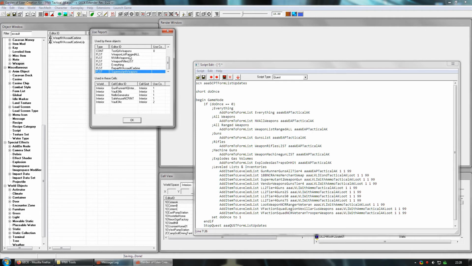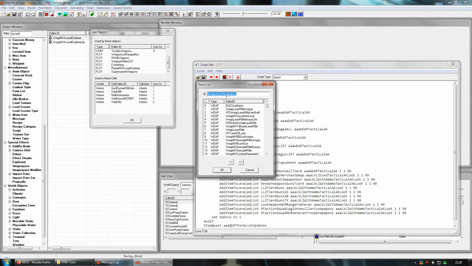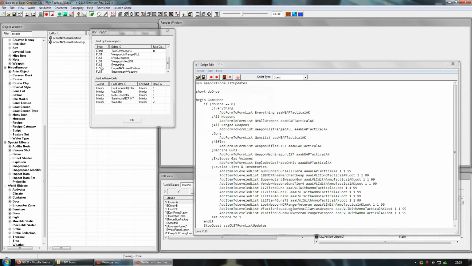You can either write these down or double click on it, copy this and paste it into Notepad, build a list, and then copy it and paste it into your script later. And you can also mix and match from different weapons